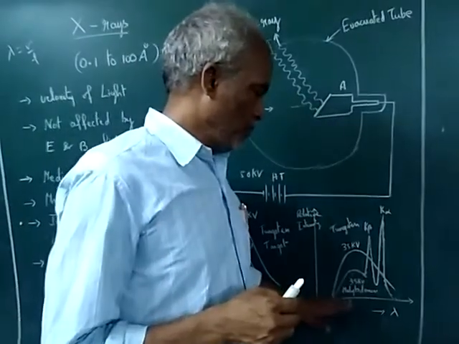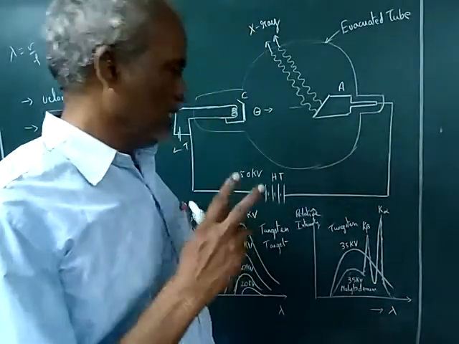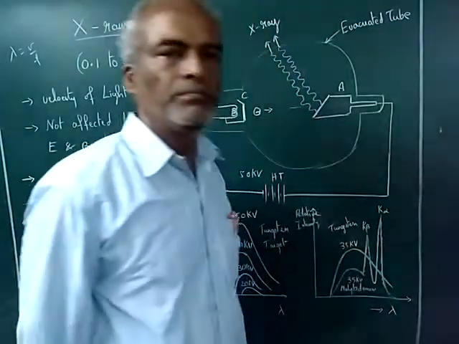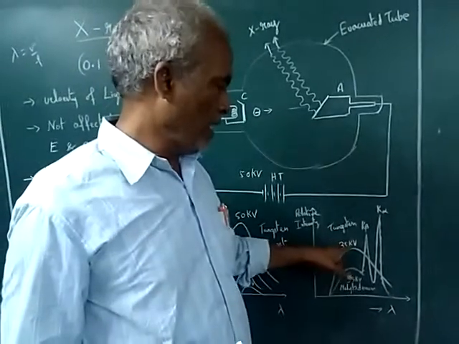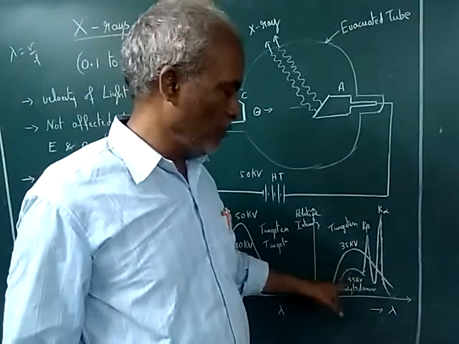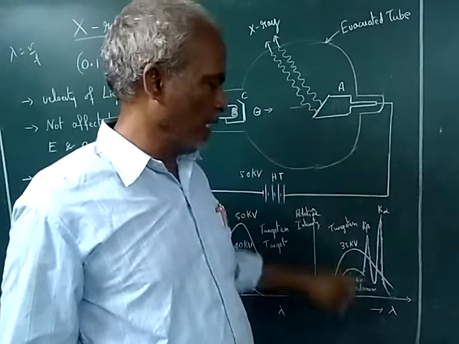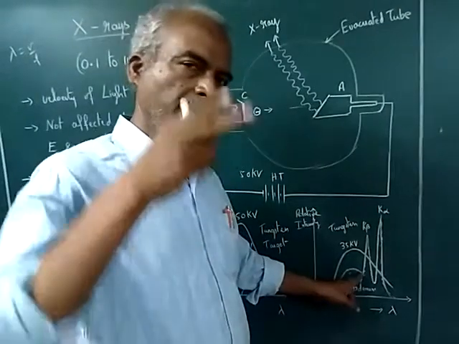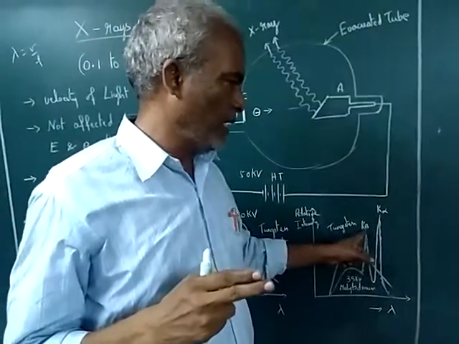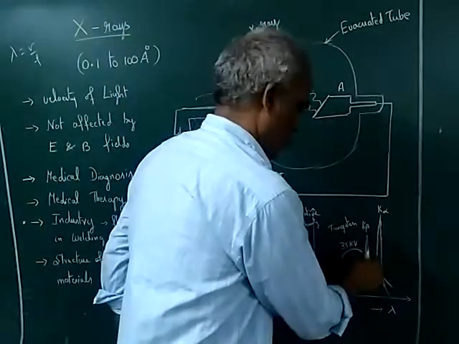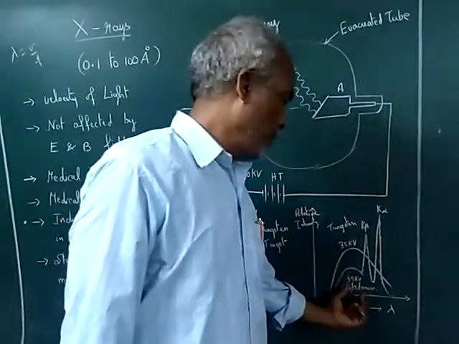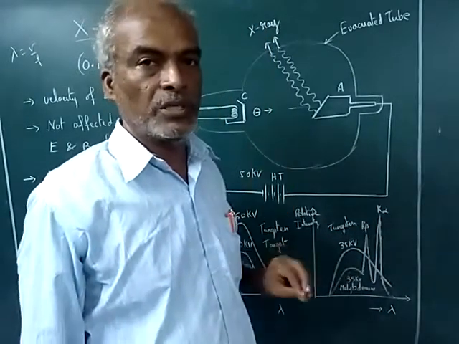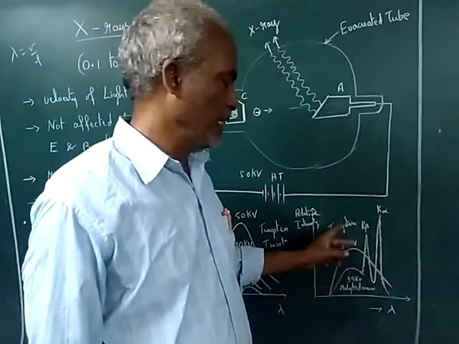Now we compare tungsten and molybdenum. See, tungsten at 35 kilovolts will have a huge wavelength range and the relative intensity is high. Whereas for the same voltage, if you keep molybdenum as the target, the intensity is very low, but at 2 points the intensity goes very high. That is, one is K beta and the other is K alpha. At these two wavelengths, molybdenum's relative intensity is very high compared to tungsten. This is an important observation when you compare molybdenum and tungsten.